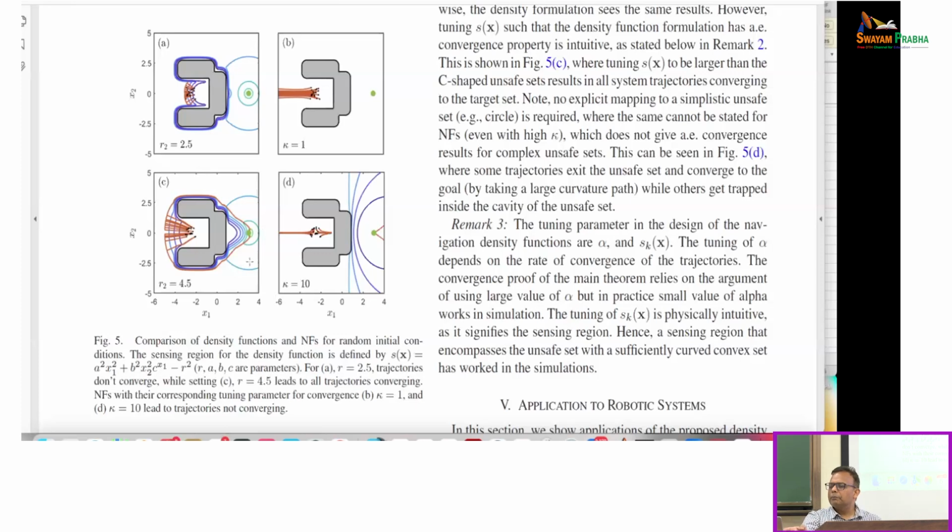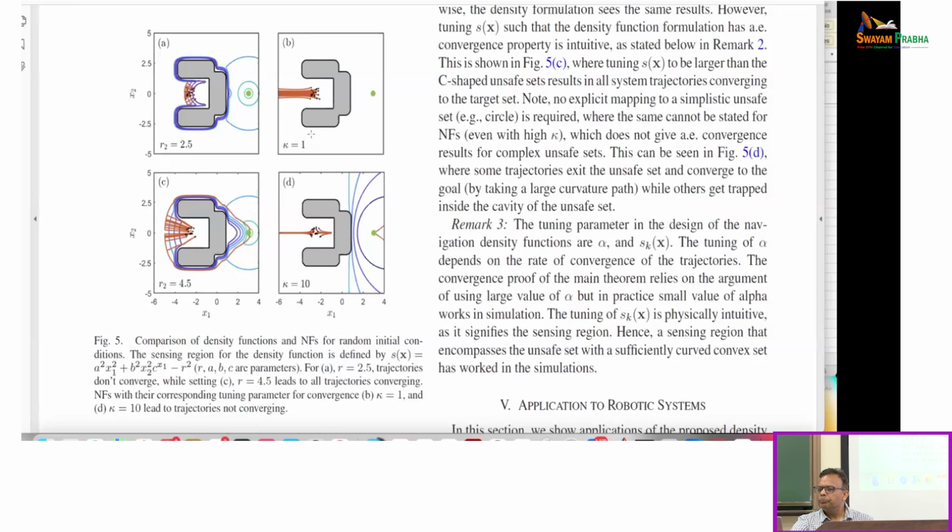Okay, so the kappa is one of the tuning parameters for the navigation function, right? So I was telling you about this navigation function. So these two figures on my right are actually the plots corresponding to the navigation function, which is the way you actually do this in the primal setting. So there you see on